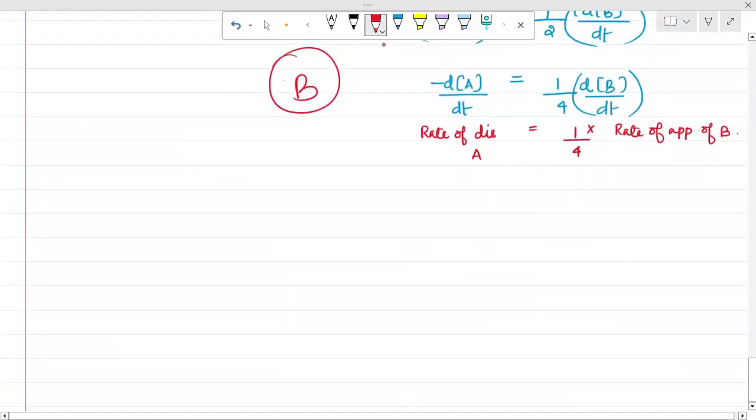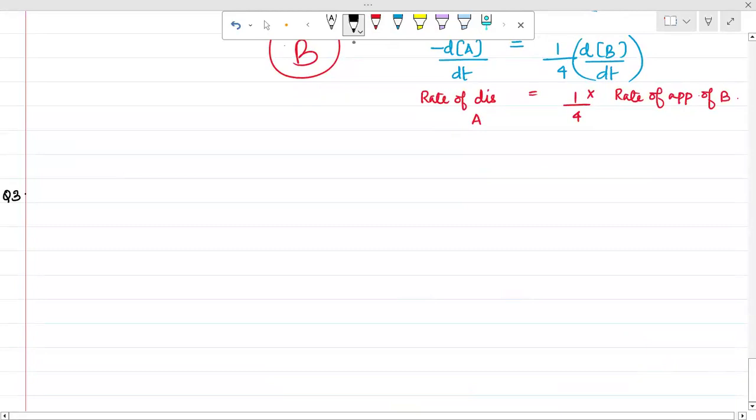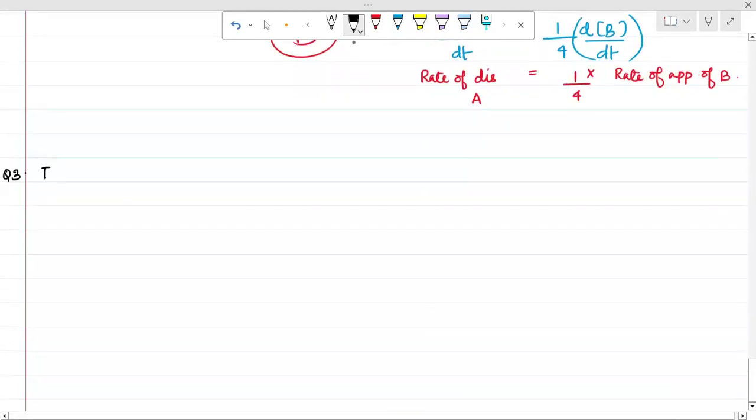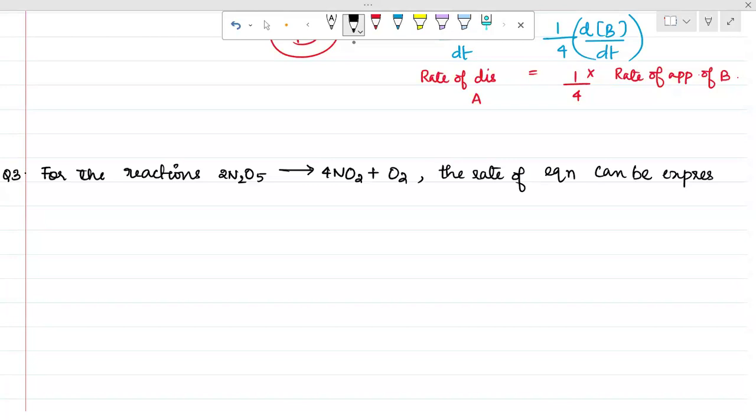Now I'll give you 2 more questions as homework. We'll be discussing the answers in the next session. Question number 3, homework question. Note down the question please. For the reaction 2N2O5 giving 4NO2 plus O2, the rate equation can be expressed as,